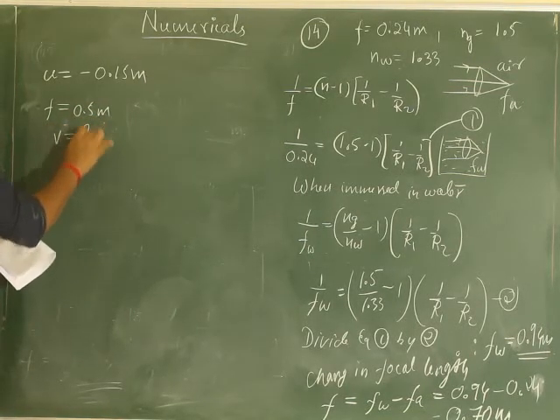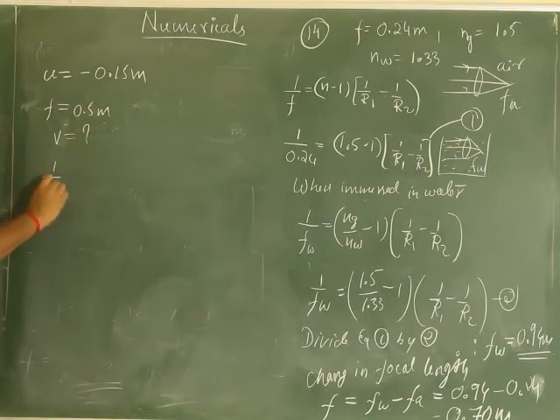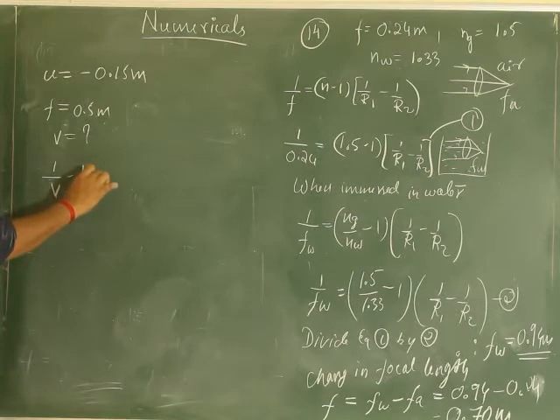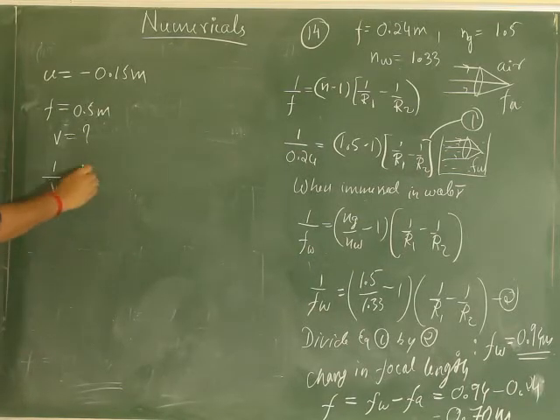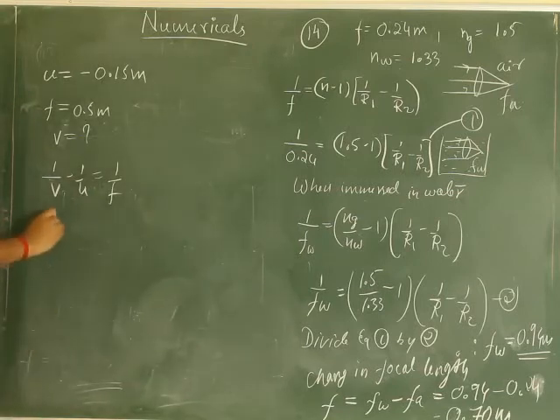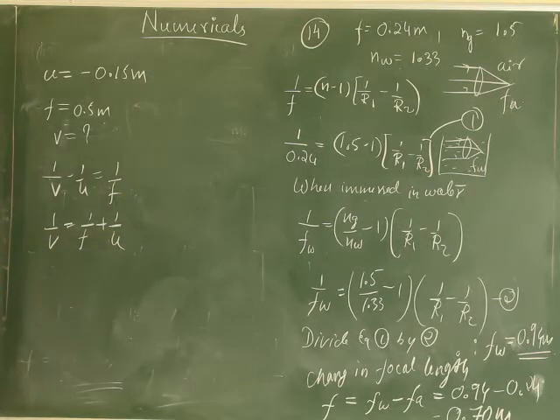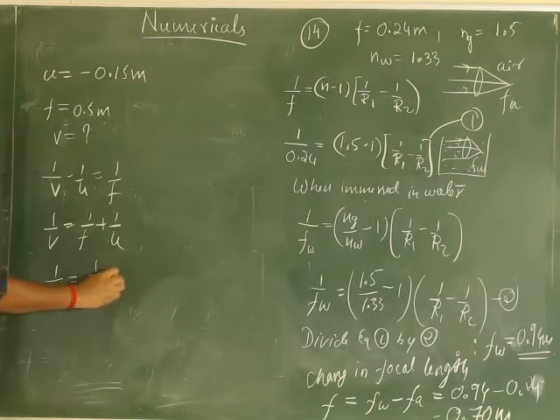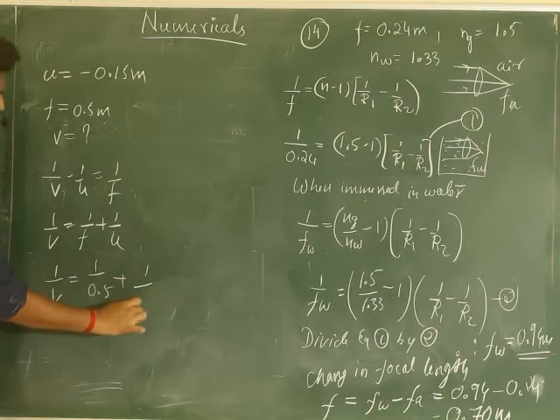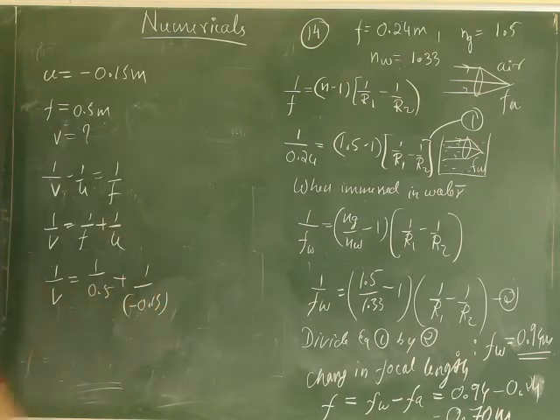Direct it is. So what is the formula we are supposed to use? Yes, 1 by v minus 1 by u equal to, what is that? Equal to 1 by f. You remember the formula, right? So 1 by v equal to what? 1 by f plus 1 by u. So lens formula you might be remembering. So 1 by 0.5 plus 1 by minus 0.15. Now do the calculation. You will be getting v equal to 0.214.